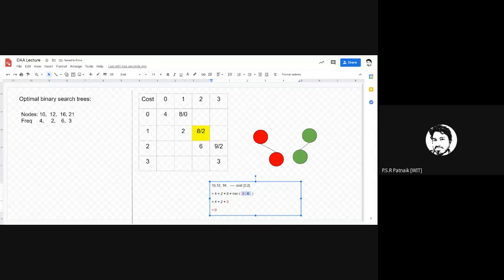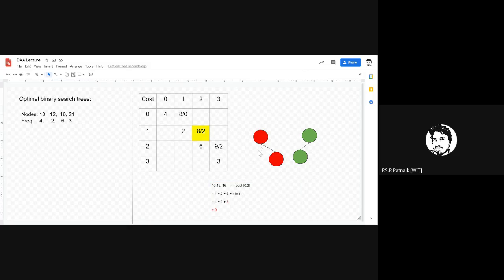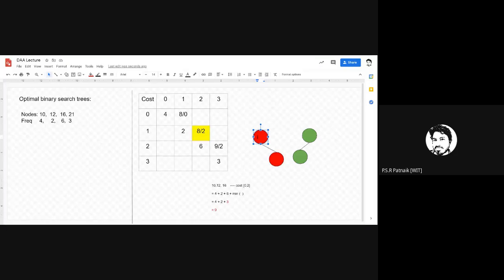Now see, earlier I had only 2 nodes, so you had only 2 choices, either to make the first node a root or the second node a root. So now here you need to consider 3 minimum operations. If you make the first node a root, the second node a root, or the third node a root, you have 3 min operations. So let us solve that. From 10, 12 and 16, if I make the first node a root,